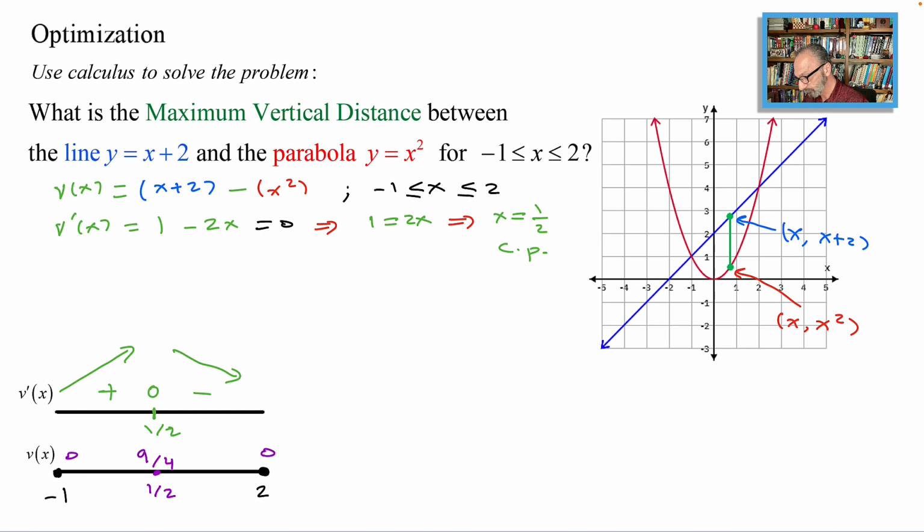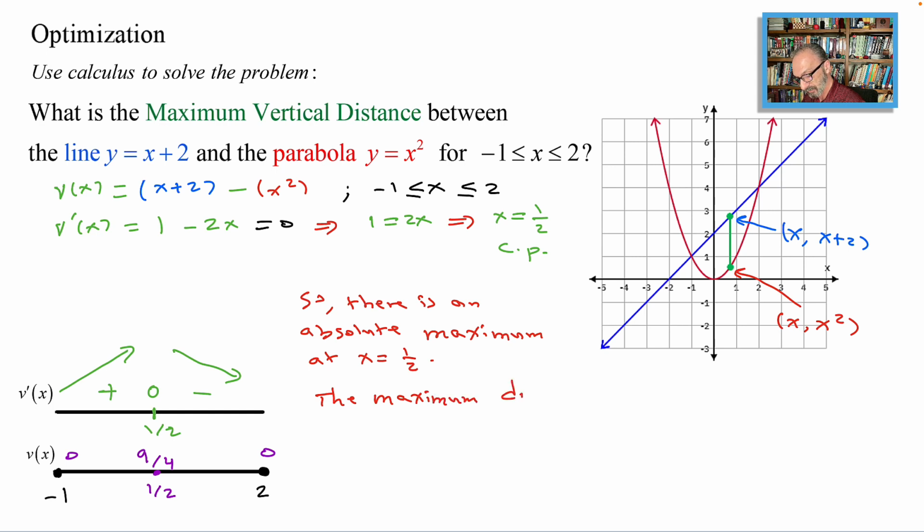Therefore there is an absolute maximum at x equals 1/2. Why is it absolute? Because we don't have any other maximum value to compare it to. And the maximum distance